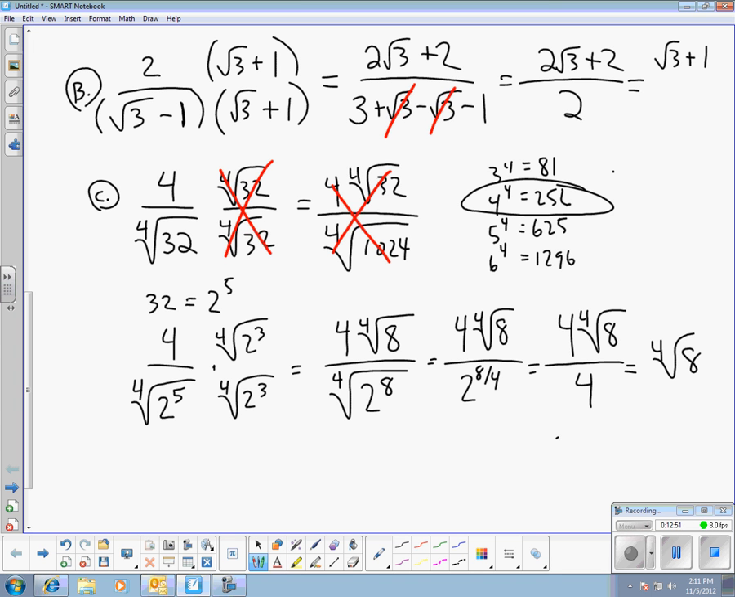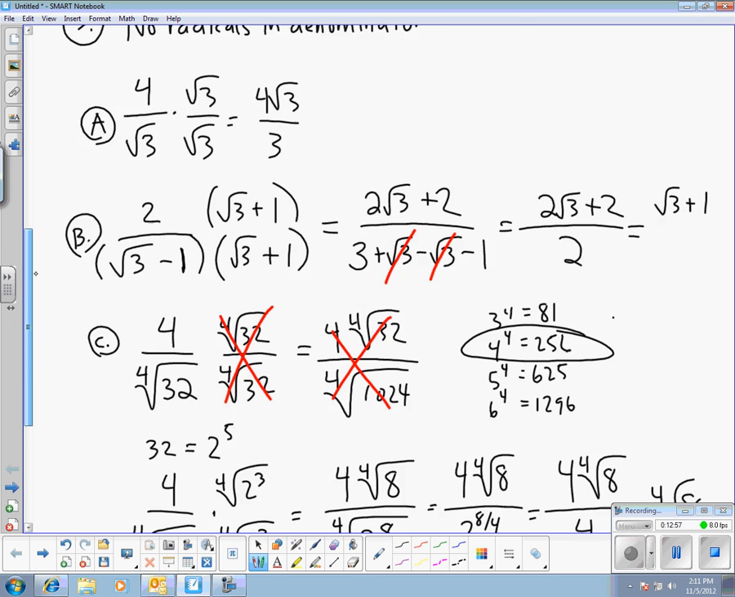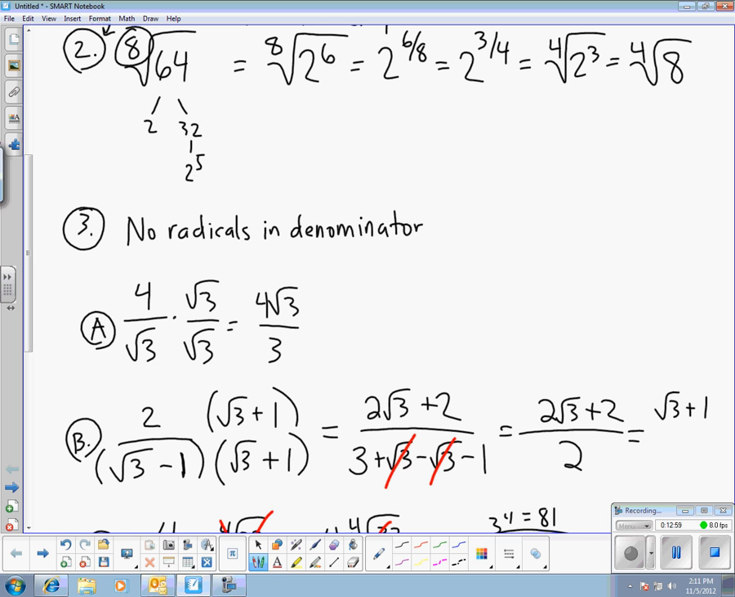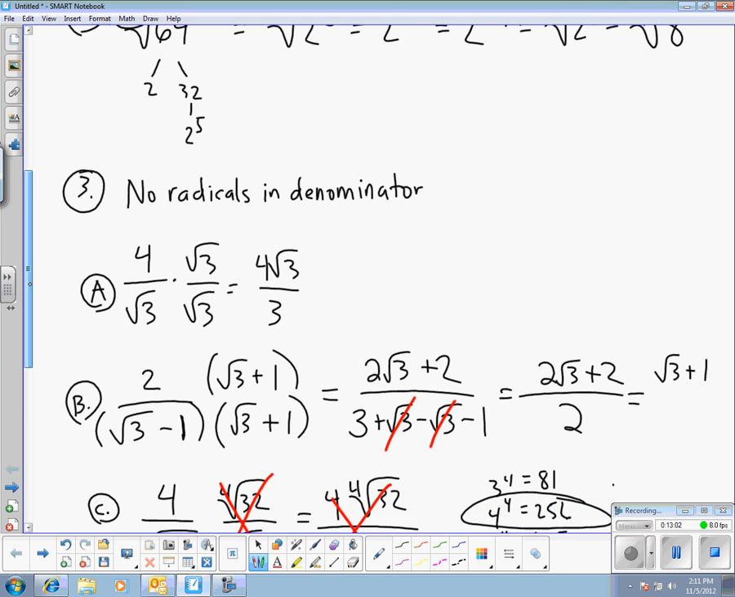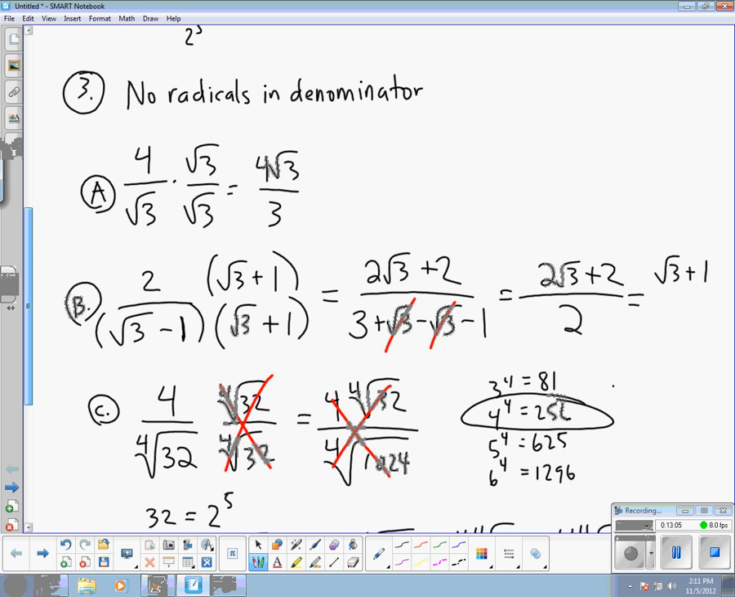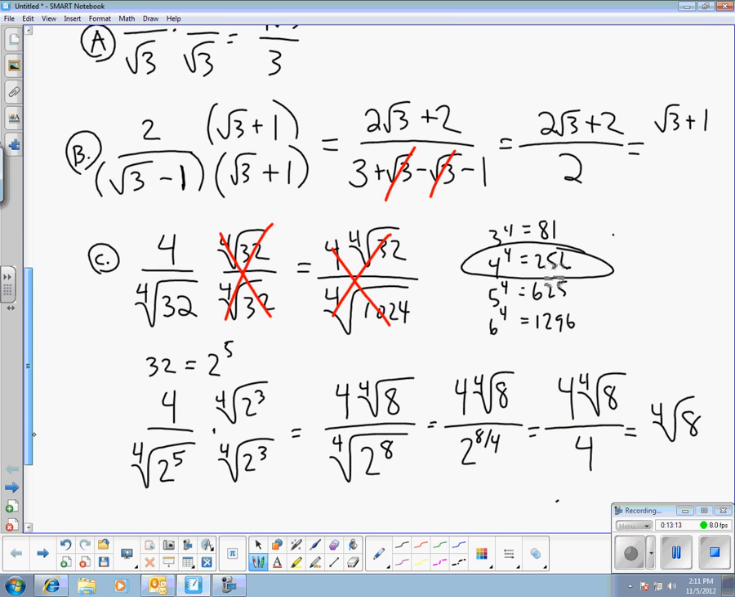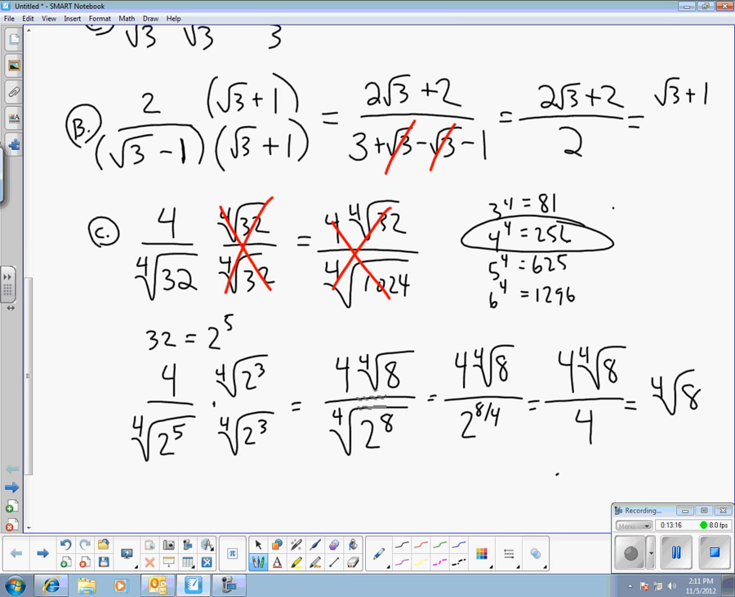Okay? So there are 3 separate cases of how you get radicals out of your denominator. If it's a square root on the bottom, just multiply by that same square root top and bottom. Then it works out nice and easy. If it's a binomial with a radical in it, multiply by the conjugate top and bottom, because when you FOIL, all of your radicals go away. And if it's another root besides a square root, choose a version of 1 that's going to give you a multiple of your root index right here. Because 4 goes into 8, I was able to simplify this down, which means 2 to the 8th is a